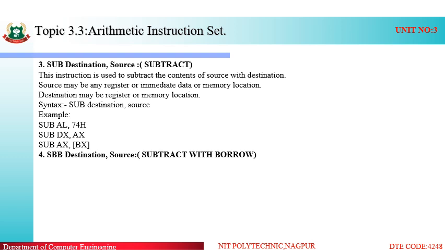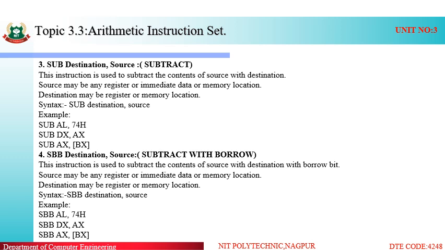Now like ADC, where we use the carry bit for addition, in subtraction we will use the borrow bit. So SBB stands for subtract with borrow, that is, the subtraction will be performed with the borrow bit. Remaining functioning remains as it is, like the SUB instruction: it will perform subtraction of source from the destination, the result will be stored in the destination, but the result will consist of a borrow bit. Syntax is the same: SBB, that means subtract with borrow,